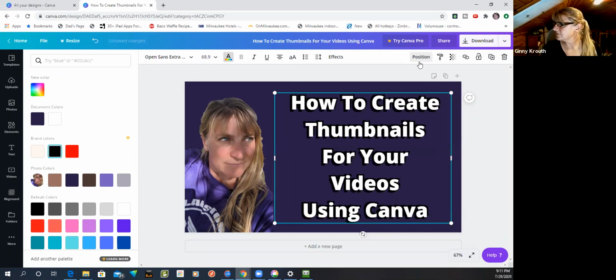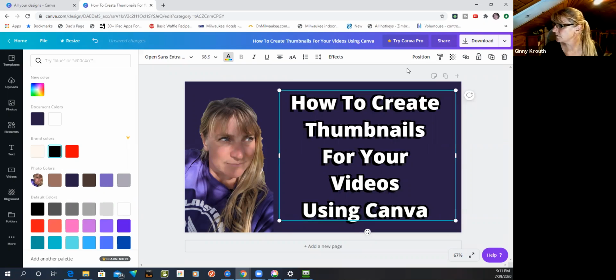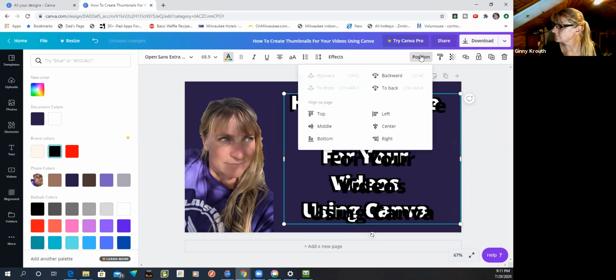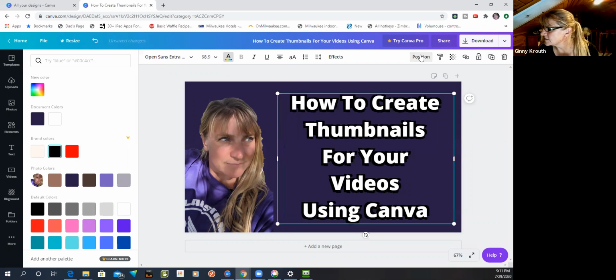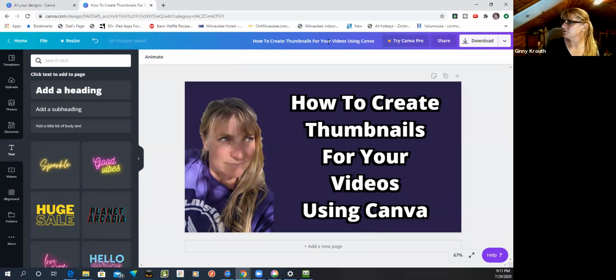Matter of fact, I'll use this to show you how I will create the next thumbnail even quicker in here. I think I'll go one more. Whoops. I'm using the arrow keys to move these around because it's easier. There we go. That's good for me. So it's already got a good name to it. I'm going to save it. That's it. Now I'm going to go back